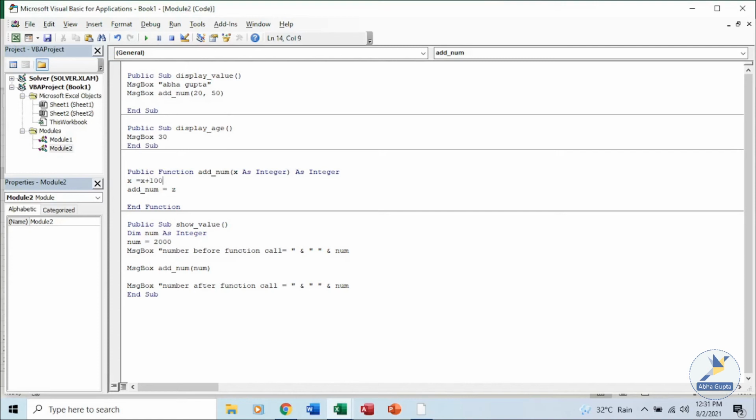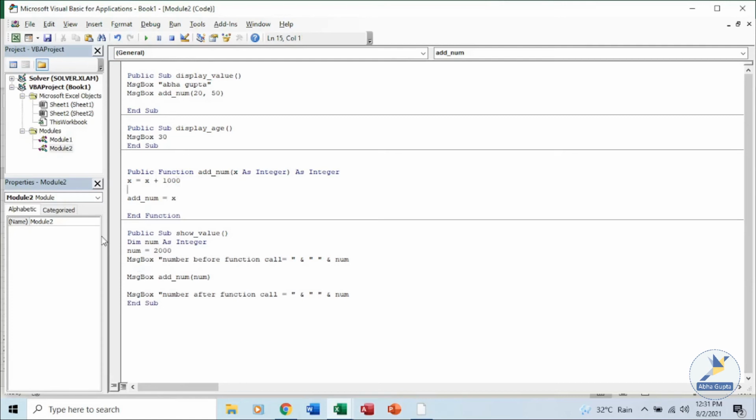Let's add 1000 to it and return the value back to our function. And if you want, you can see the value here also. Same thing. Number